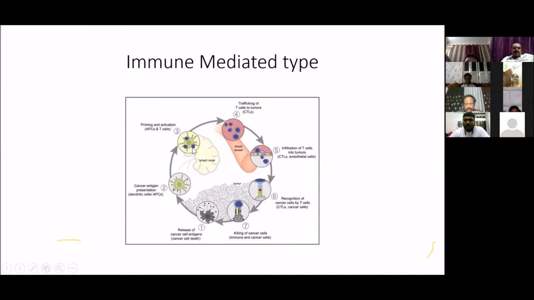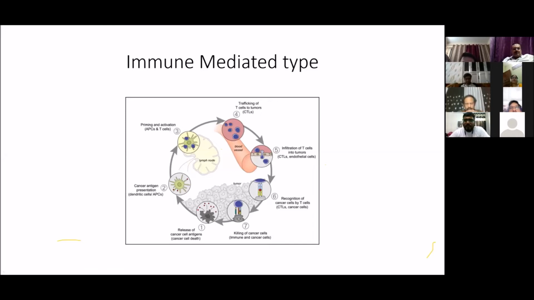After the T cell has been educated or trained to be able to fight these antigens, it moves into the bloodstream and targets the cancer cells where they're located and tries to kill them. This is an ideal setting, but it does not happen like this. So we have two important checkpoints in this pathway due to which this cycle does not function like this. It's very interesting to tell that the Nobel Prize for Medicine in 2018 was on the immunotherapy of cancer. I'll tell you in the next 2-3 slides what this prize was given for in 2018.